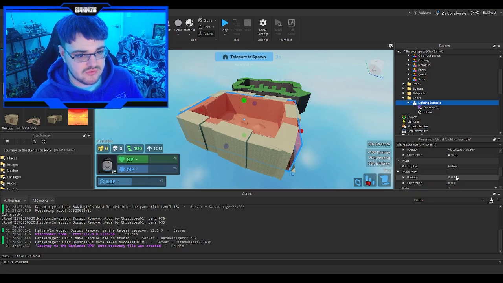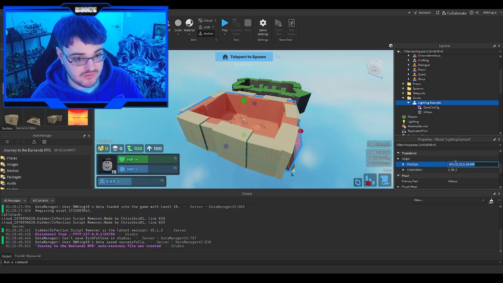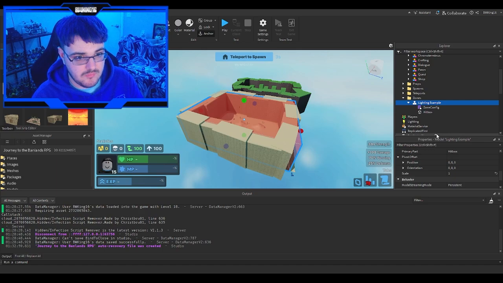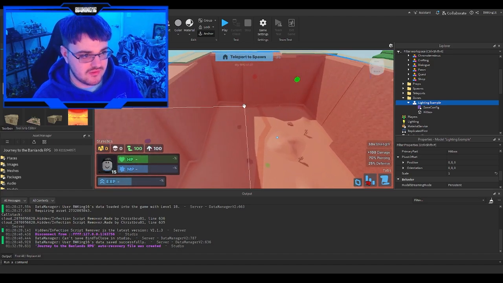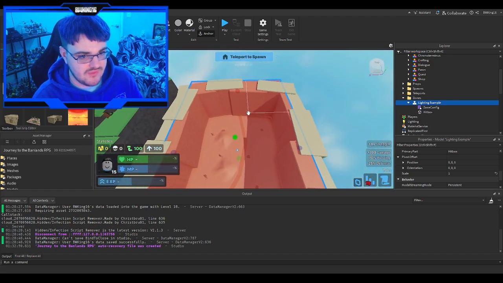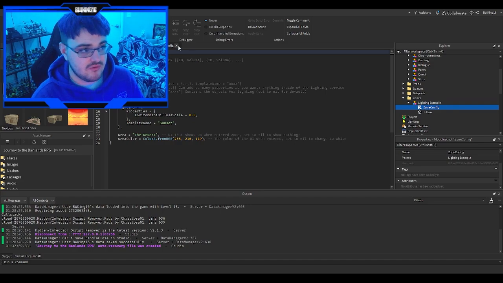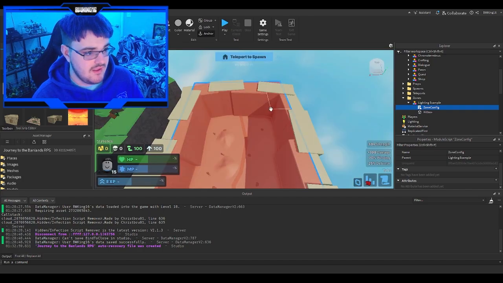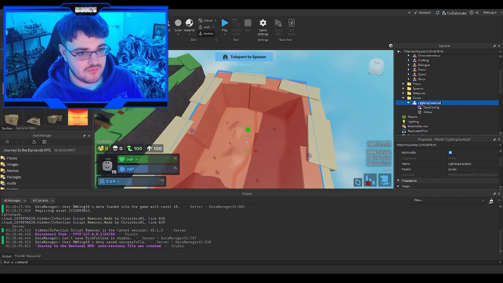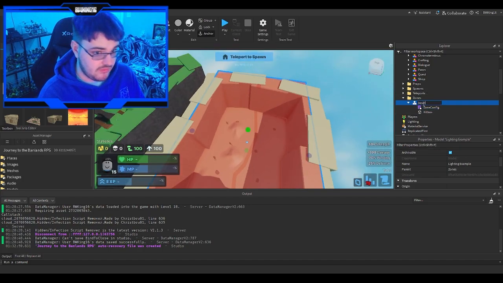I also usually, just for preference, set the pivot point. Oh, apparently the pivot point is already set. Usually I set it to 0, but I guess that's not how it works this time. Okay, nice. So basically this is the desert pretty much. Well, that's different. I was expecting this of all things. I think this was added in another thing, but anyways, what we want to do is basically copy. This is basically how